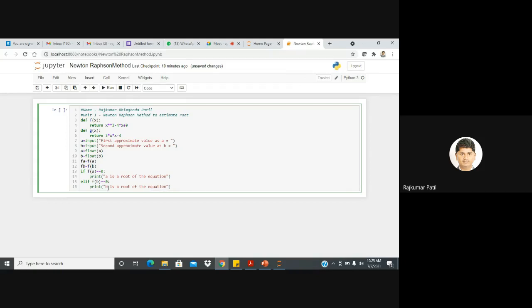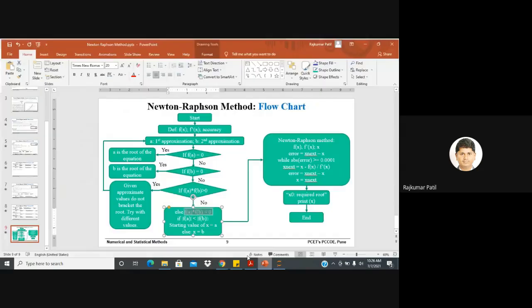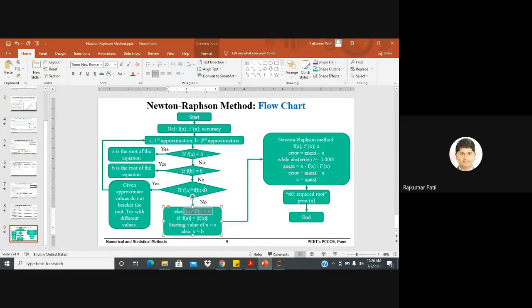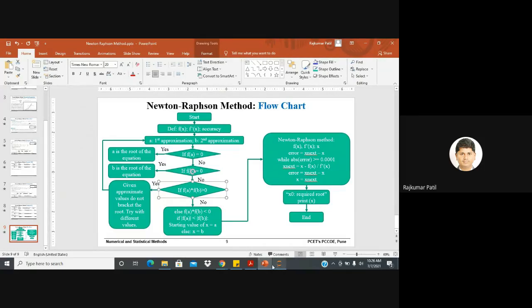So if the first condition fails, then we will check the second condition. That's why we write elif, which means else if. If the second condition is true, it will print b is a root of the equation. Then we will go to the next condition, where we check whether the product of f of a and f of b is greater than 0.